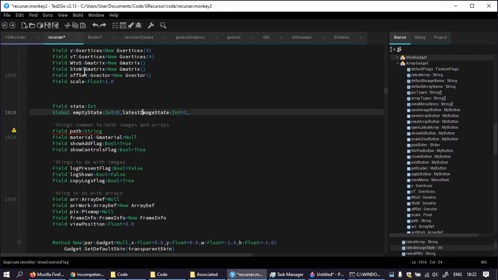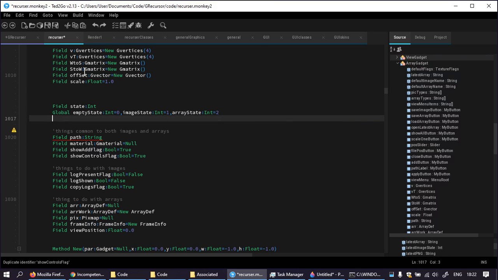So it's going to be empty state, image state, or array state. And the field showing latest will, which I don't like much, but